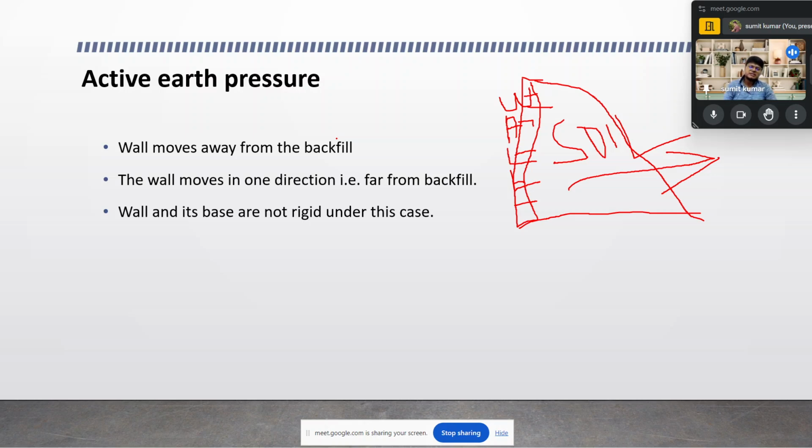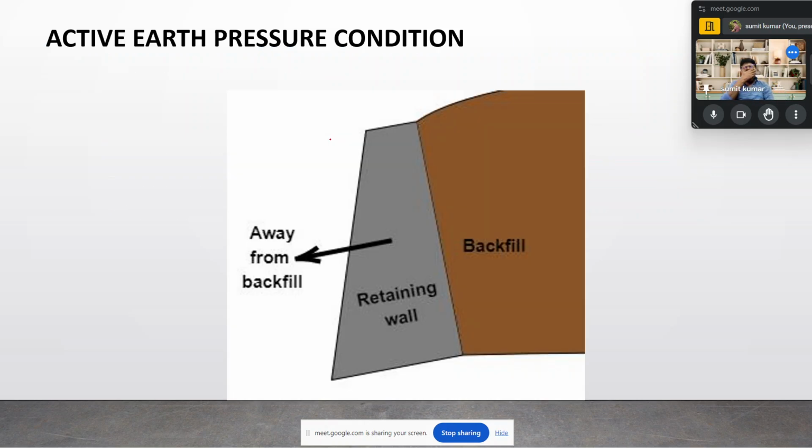So the wall and its base are not rigid in this. Here you can see the backfill is there, the retaining wall is there. Either the backfill or the wall, the converse could also be possible. But over here you can see that the retaining wall is moving away from the backfill. The backfill pressure is so much, this soil is applying that much pressure that it is pressing the wall out from its plane. So the wall moves away from the backfill, resulting in the